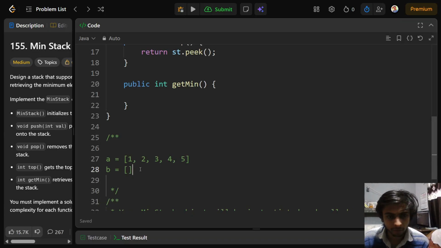Initially both stacks will be empty. So any element that gets pushed is the minimum element. But after that,